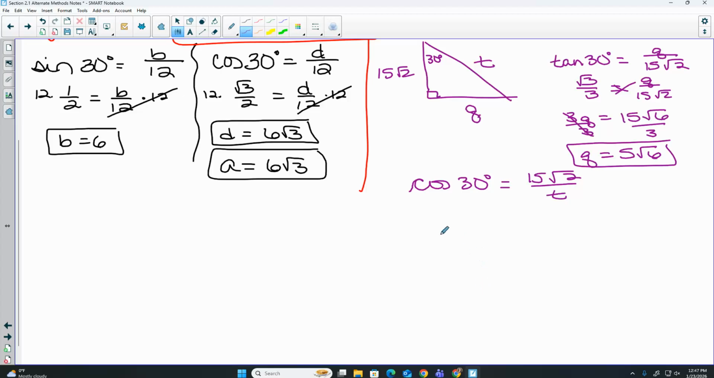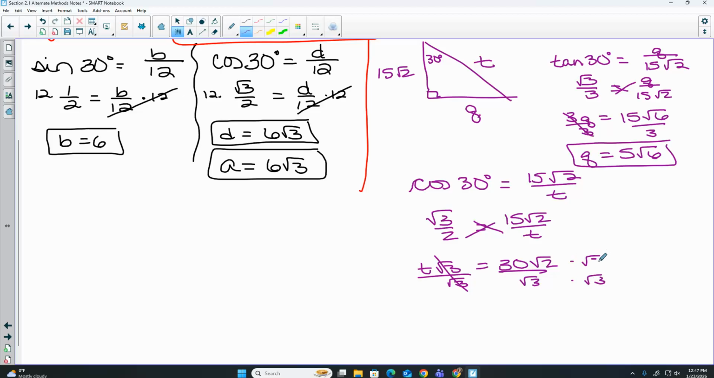Cosine of 30, so if we fold in our 30, cosine is the square root of the bottom over 2. So cross multiply. Divide the radical 3. Can we leave a radical on the bottom? No, so we'll have to multiply radical 3 on top and bottom. So we get 30 radical 6 over 3, which turns into